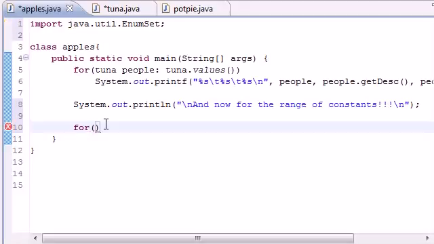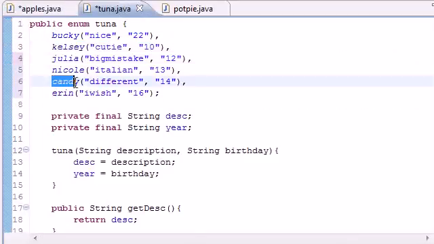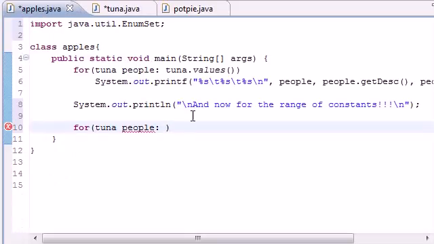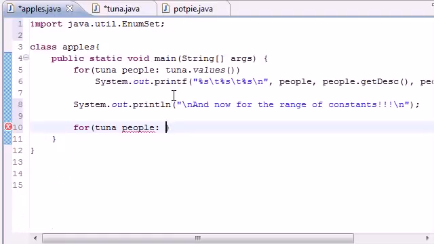It's going to take 2 parameters. The first one is what you want to name your things. I'm just going to name them people, what you want to name your objects. Now the second one is that method. Now we could just plug a regular array in here, but we want to have a range of the array. We want it to start at, let's say, Kelsey, and we want it to end at Candy. So, I mean, we can start and end anywhere. Like I said before, Java automatically gives you an array of constants in the order that you did them in. But in order to get just a specific set out of there, or range, what you need to do is this: